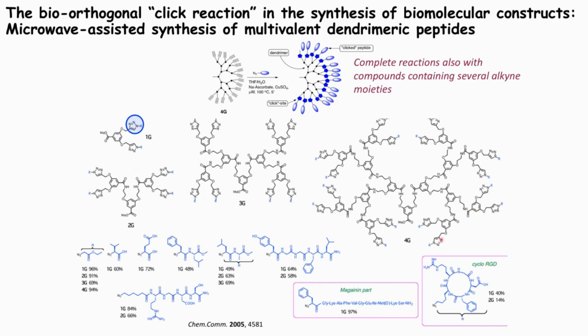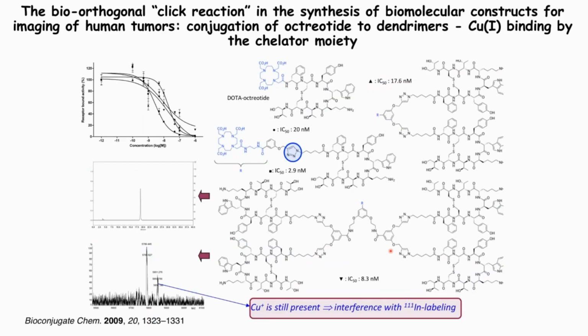And even up to 16 multivalent systems containing 16 ligands can be created. So this is a powerful application of copper click as well, assisted by microwave. But thanks to the very versatile and quick reaction of copper click, this is working. Now, does it mean that it's always working? Now, I'll start with that here, where copper starts to be a problem.